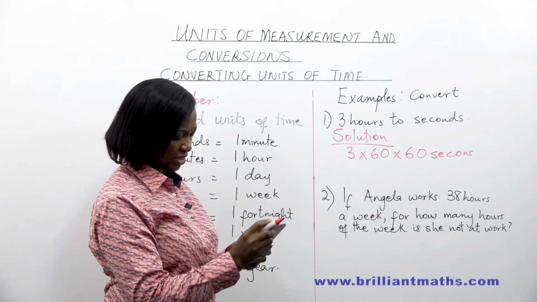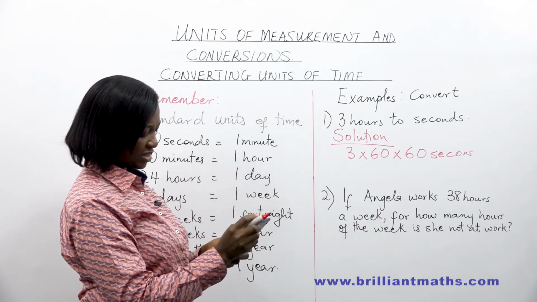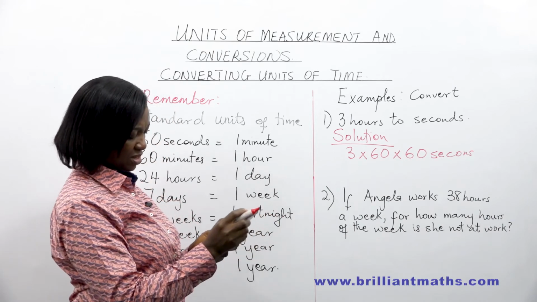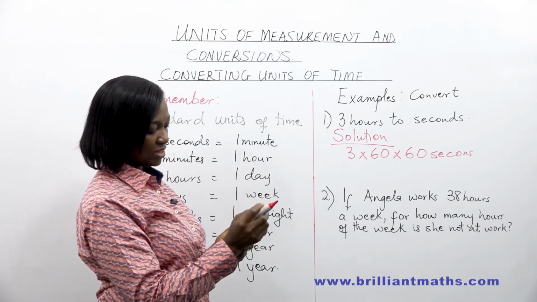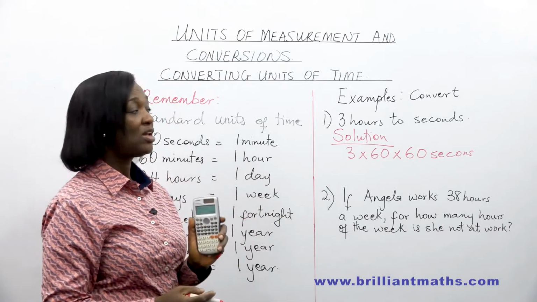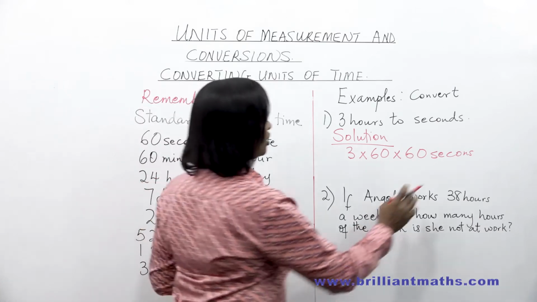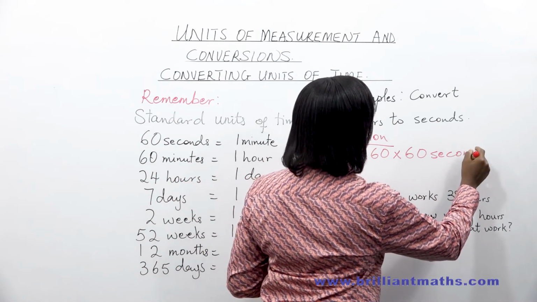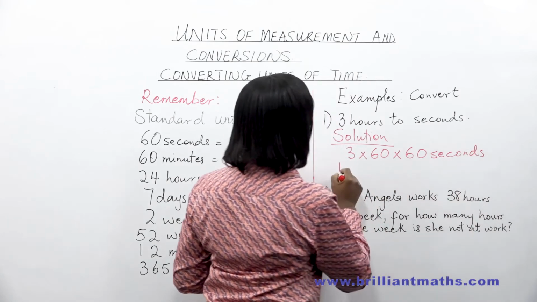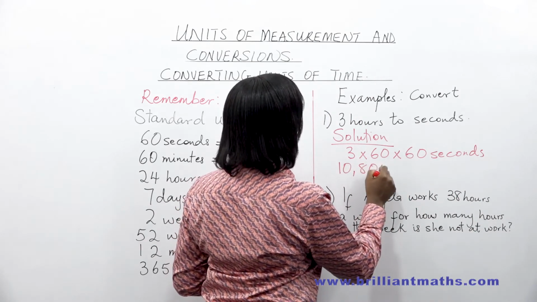Let's use our calculator. 60 times 60 times 3 is equal to 10,800. So there are 10,800